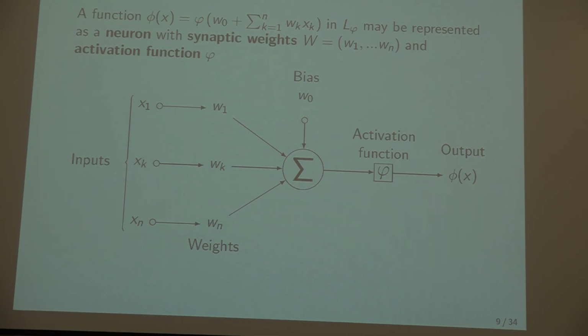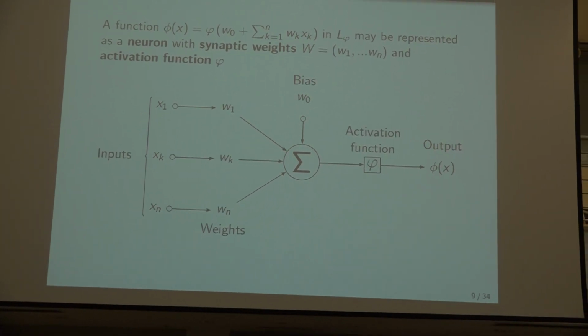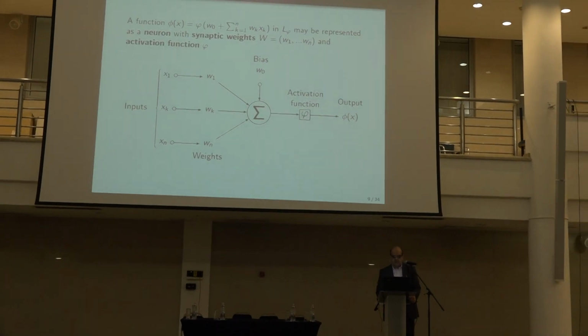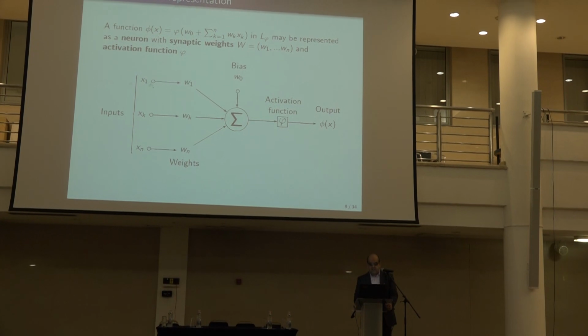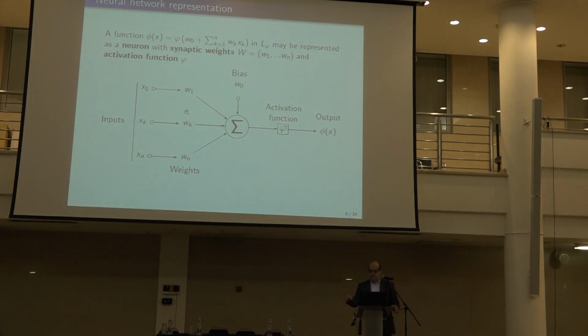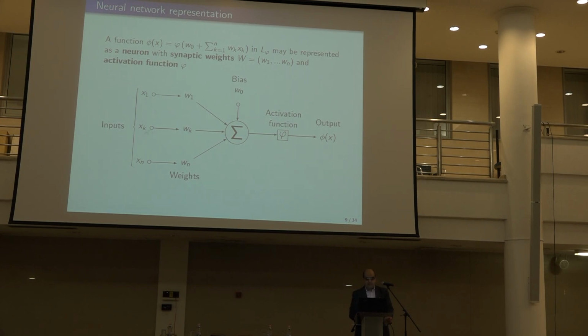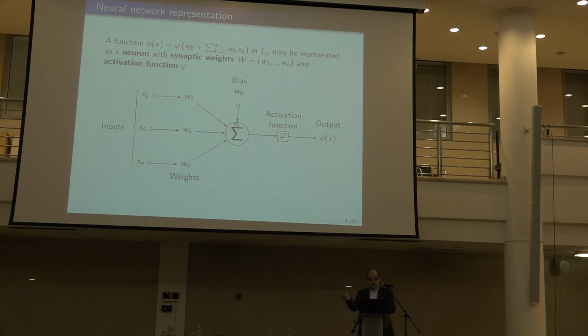Well, the elementary operation I just showed you corresponds to a simple model of a neuron, as you find it in the mathematical biology literature. The idea is that a neuron is composed of synapses. So you have dendrites which connect to other neurons. These synapses receive electrical signals from the other neurons. And then these electrical signals go into a central axon, which is like a central wiring system.